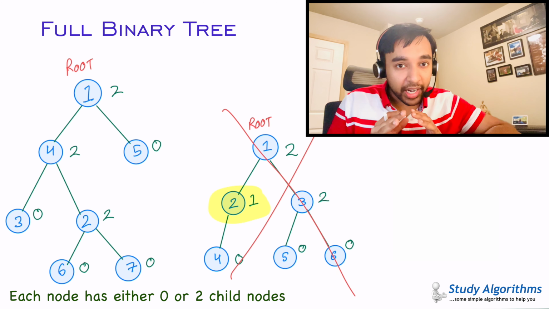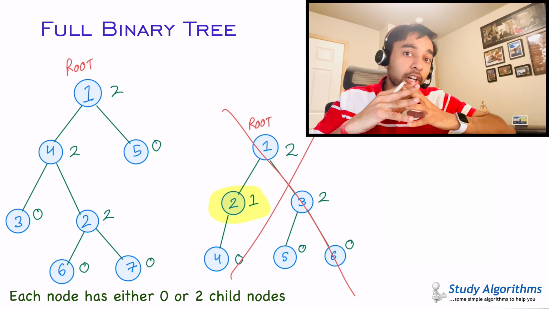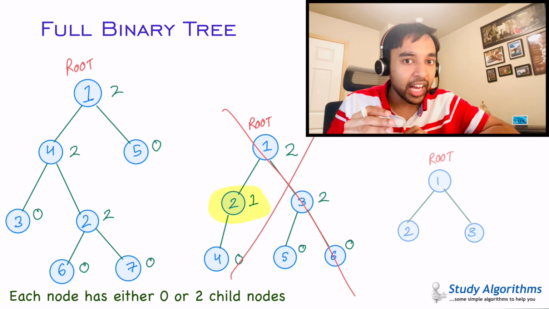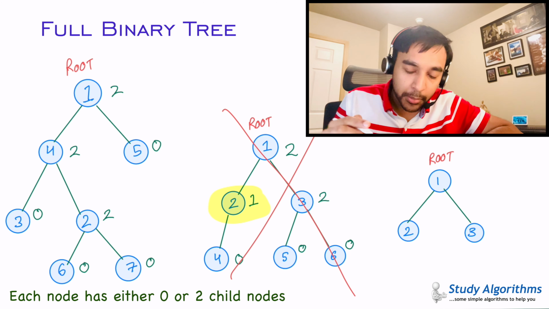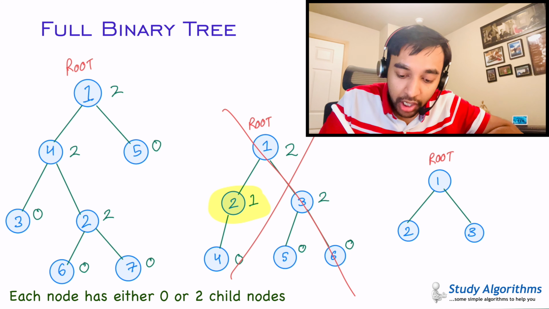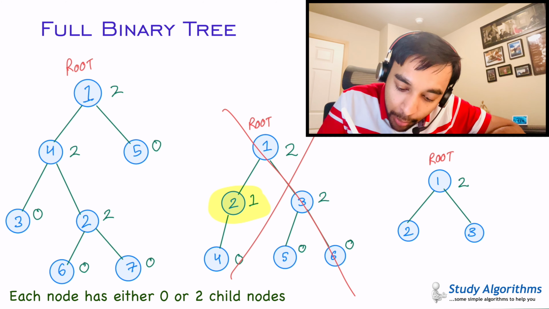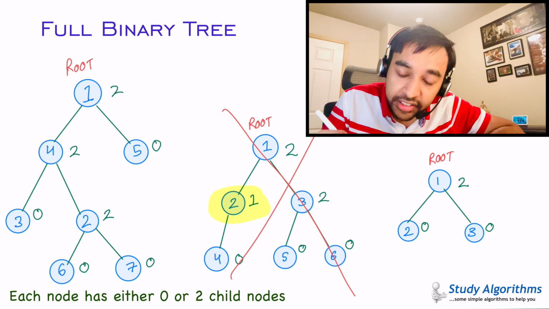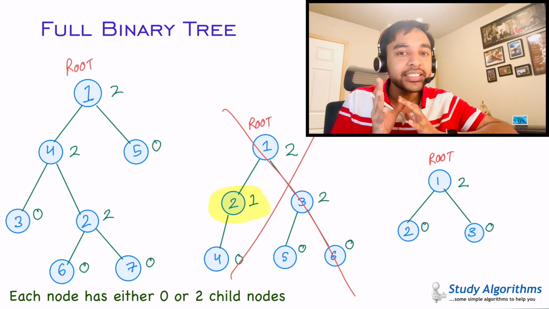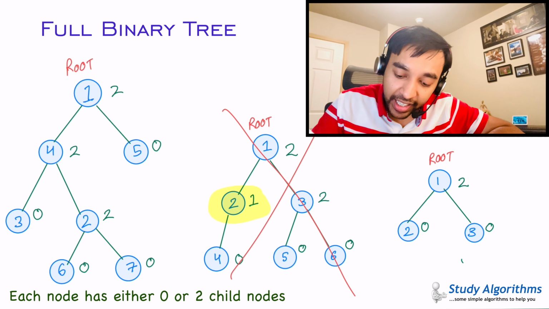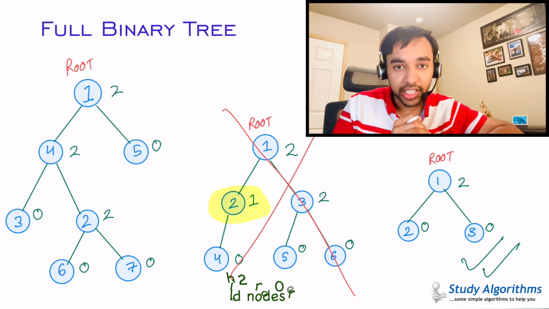Now, keep in mind that it does not matter what the length or height of a binary tree is. For example, I have this binary tree in front of me, and I know this is very small, but if you look at it, the root node has two child nodes, and both the child nodes each have zero child nodes, and it is satisfying the criteria of a full binary tree. So you can say that this in fact is a full binary tree.